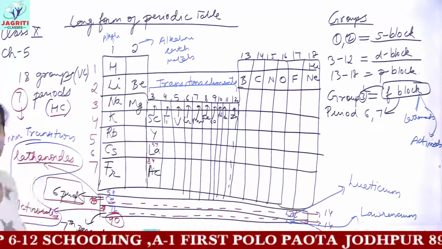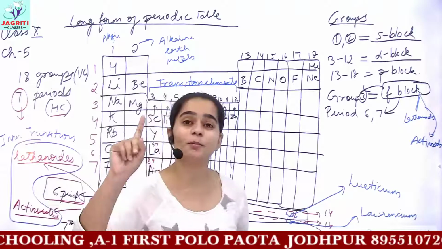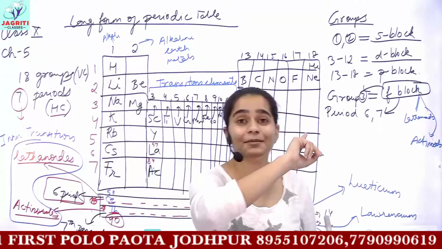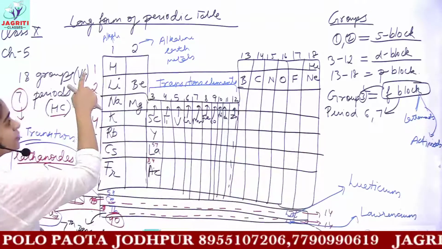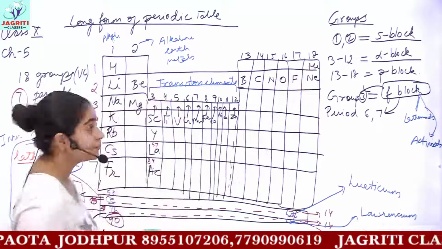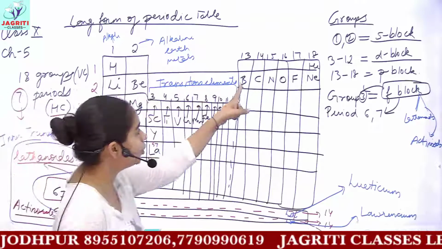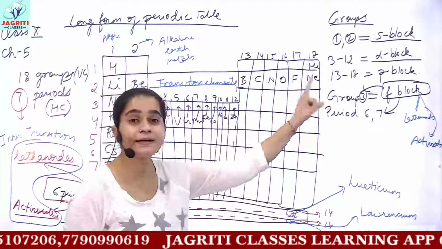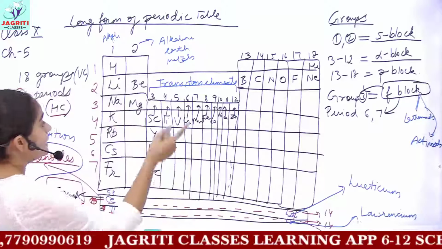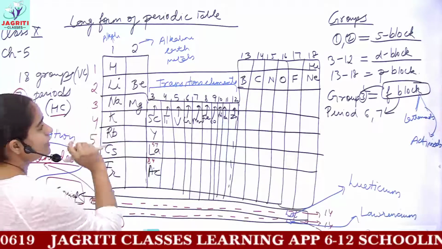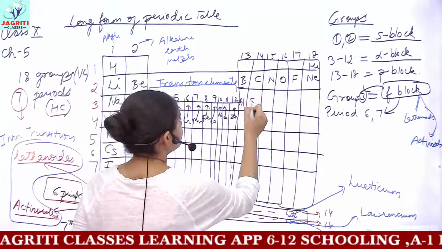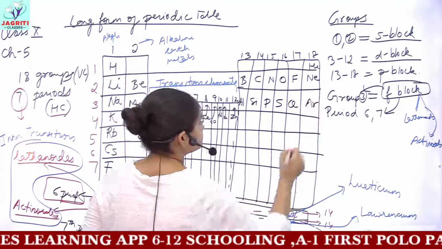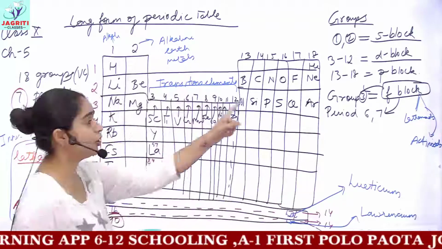According to atomic number, I said you have to learn the atomic numbers of the first 20 elements. So now I am telling you how to arrange your first 20 elements in the periodic table. In the first period you have hydrogen and helium. Then in the next you have lithium, beryllium, boron, carbon, nitrogen, oxygen, fluorine, neon. This completes your second period, that is, you have written 10 elements. Then after neon you have sodium, magnesium, aluminium, silicon, phosphorus, sulfur, chlorine, argon. These all elements would be present in your third period.